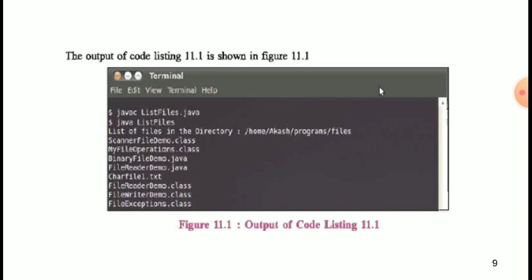That is inserting a path, slash home slash akash slash programs and slash files. So that is the output of code listing 11.1. So, list of files in the directory.